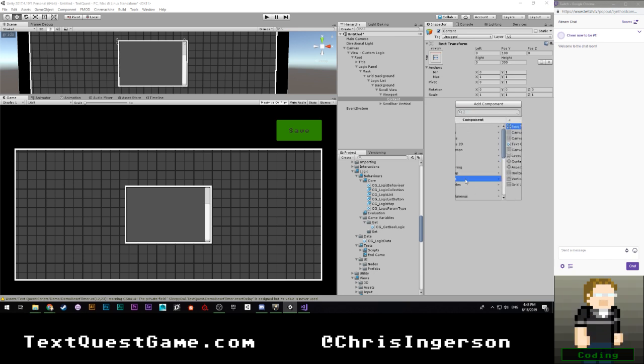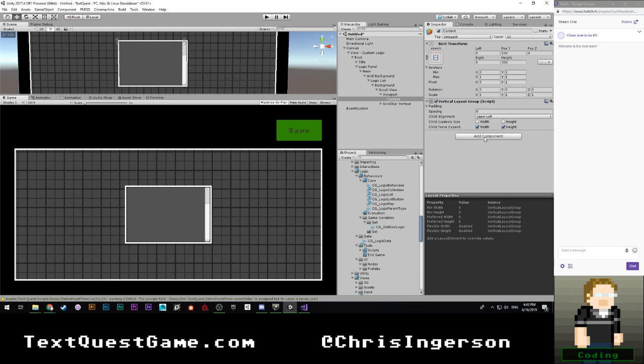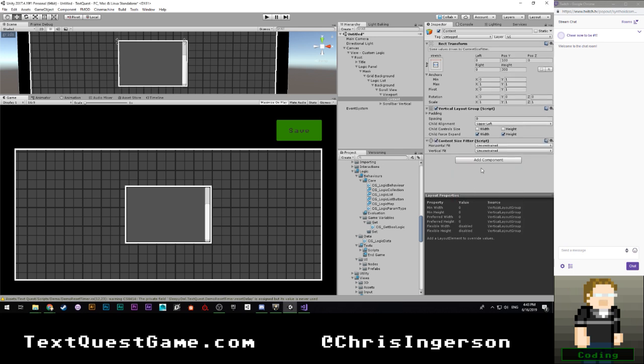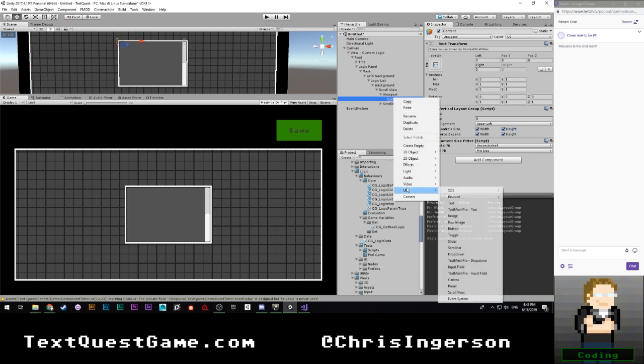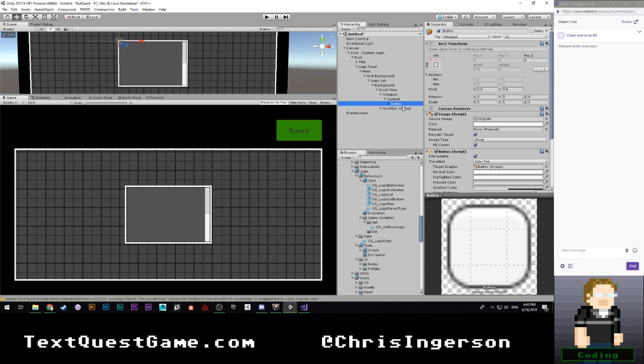So we're going to go up to layout. We're going to make this a vertical layout group. We're going to add another component, layout. We're going to make this a content size fitter, which will fit the min size, I suppose, of those buttons. That makes sense, kind of. Let's go ahead and grab that. I'm going to create a UI button. We're going to give it a